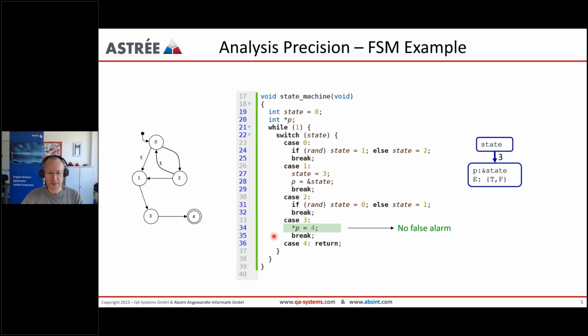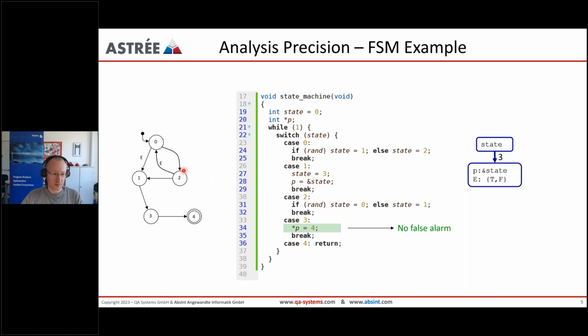So here in case 3, we dereference a pointer P, which is not initialized upon declaration. The initialization really only takes place in state 1. So here, in state 1, we set the next state to 3, and initialize the pointer to the beginning of the state variable.